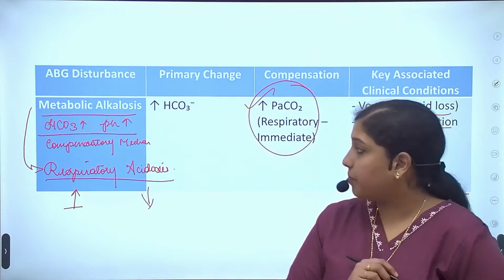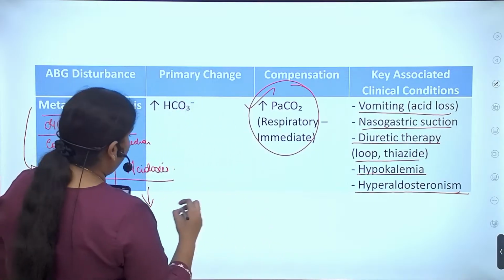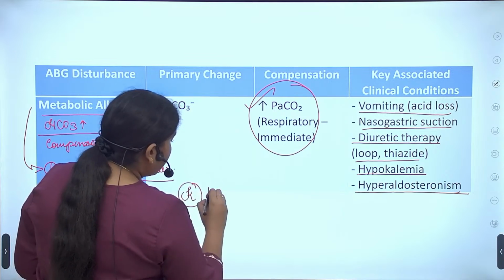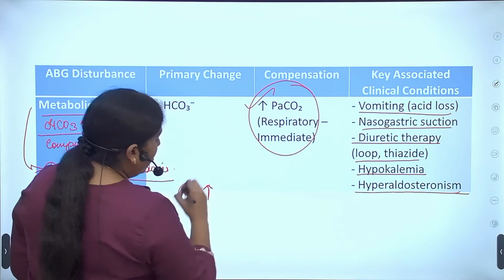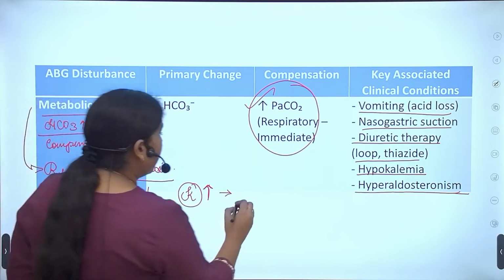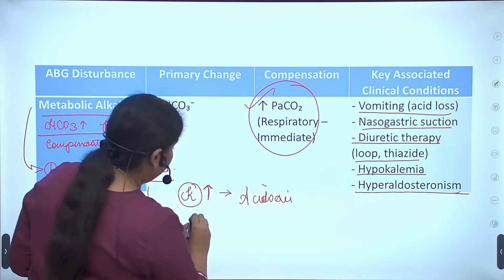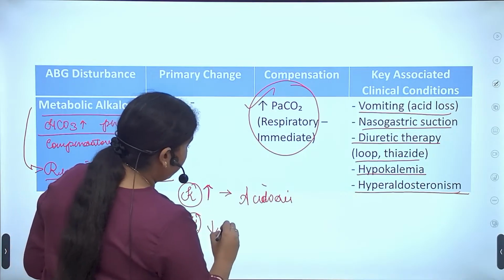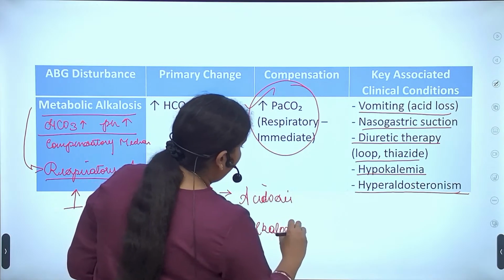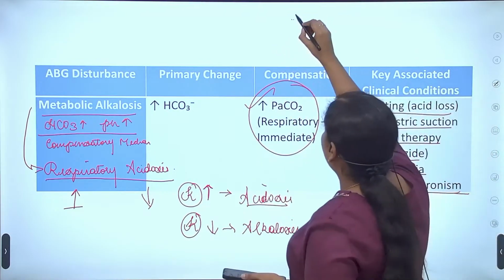hyperaldosteronism. See, remember, another important component, potassium interaction, is very important. Whenever we talk about potassium, potassium will increase in case of acidosis, whereas potassium will decrease in case of alkalosis. I will tell you why. See what happens in the acidotic state. In case of acidosis,